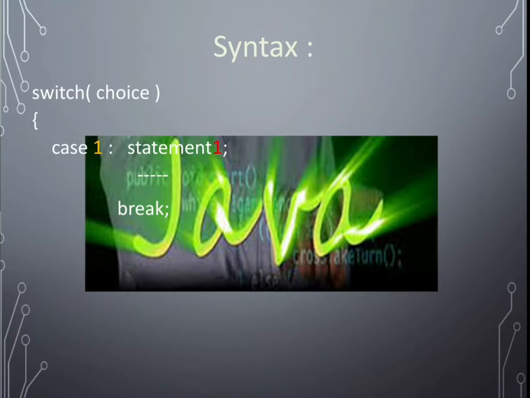And then every case should end with break. Break is a jump statement which allows us to end that case and come outside the switch at that time.